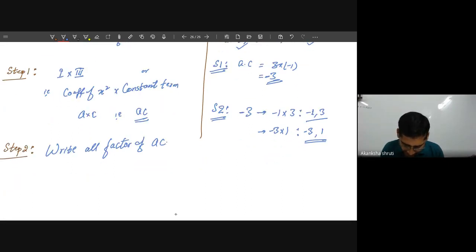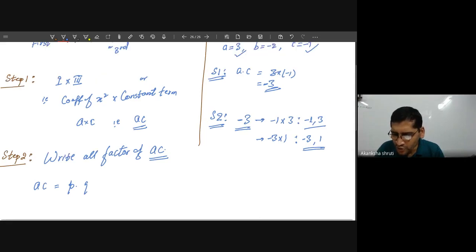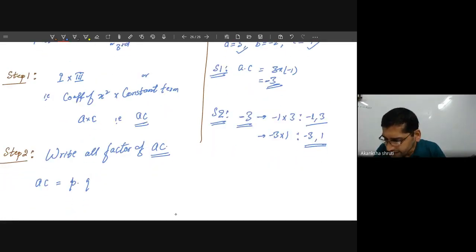So here the step number 2 tells that whatever AC is there, this AC you have to write as 2 factors. AC, whatever we have calculated in step 1. So this we have to write as the product of 2 factors. So the 2 factors that we are choosing are, one is P and other is Q. Like here, this minus 3 that we have obtained can be written as minus 1 into 3 or minus 3 into 1. Okay, it is possible. Though in question it was minus 1, but writing the factor we are getting a new term. It is possible to get the factor minus 3 and 1.